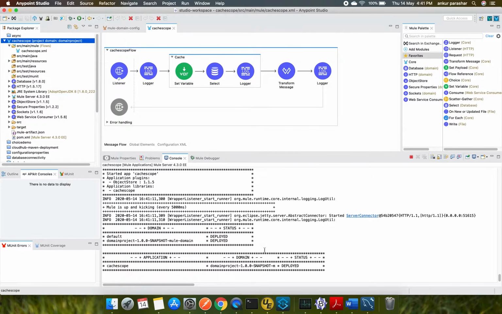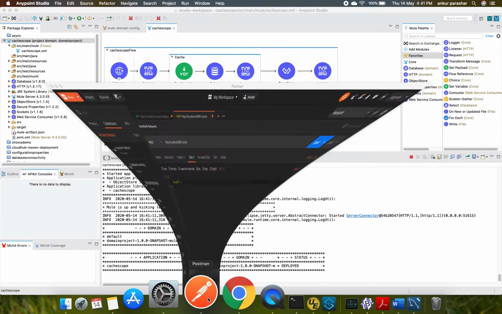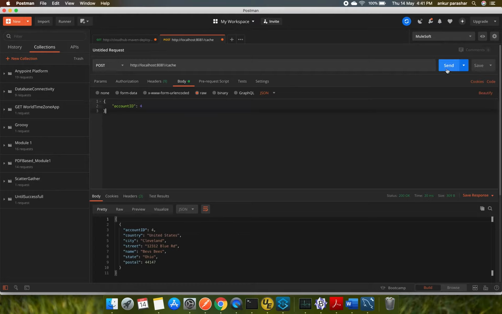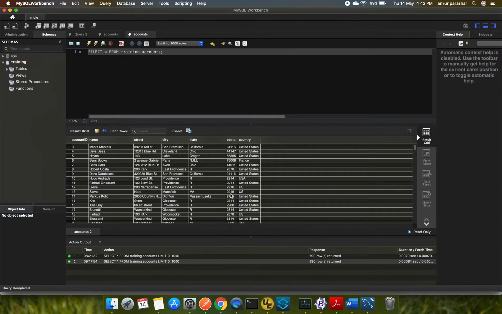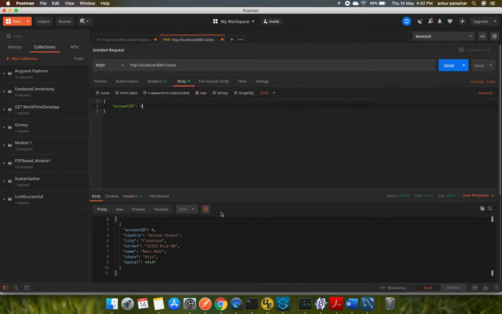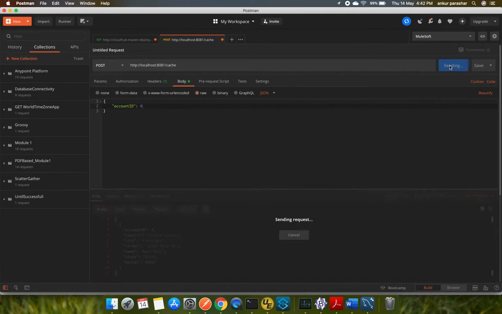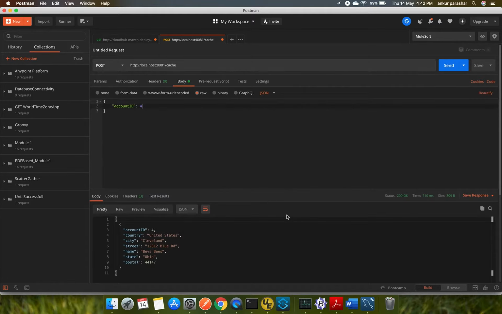Now our application instance is in the deployed state. Let me hit it from Postman. This is a POST method, and this is our action URL, and this is the payload in JSON format. For account ID 4, is it available? Yes, it is for Beeves, and all of the things are coming from Cleveland, Ohio. So this is the same thing we are expecting. I will click on send. You can see exactly 710 milliseconds it took.